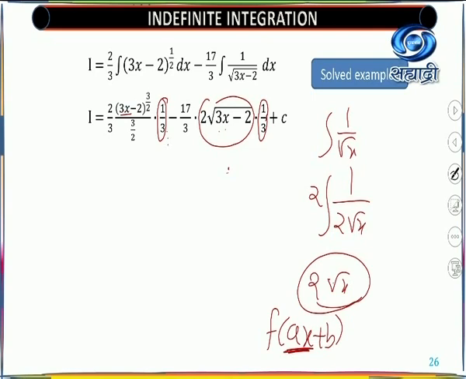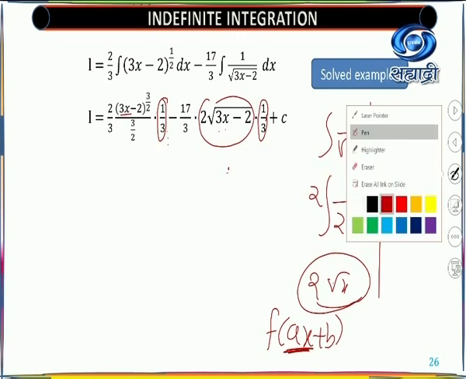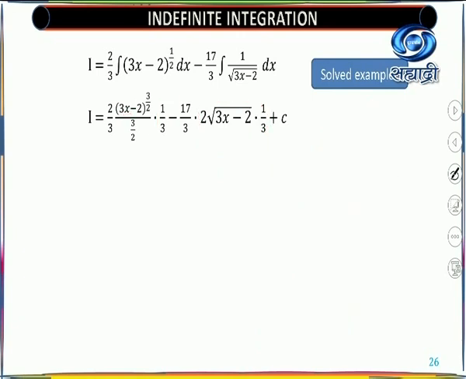And here you are having power x raised to n, so you are using the x raised to n formula, that is integral of x raised to n dx is nothing but x raised to n plus 1 upon n plus 1. Here dx is important. So here you got half plus 1, which is 3 by 2, upon 3 by 2. Now we need to simplify. Look at here, 2 upon 3 is there. This 2 goes to the numerator. So again you will get 2 upon 3, and this one is 3. So what will be the value? 4 upon 27 (3x minus 2) raised to 3 by 2.